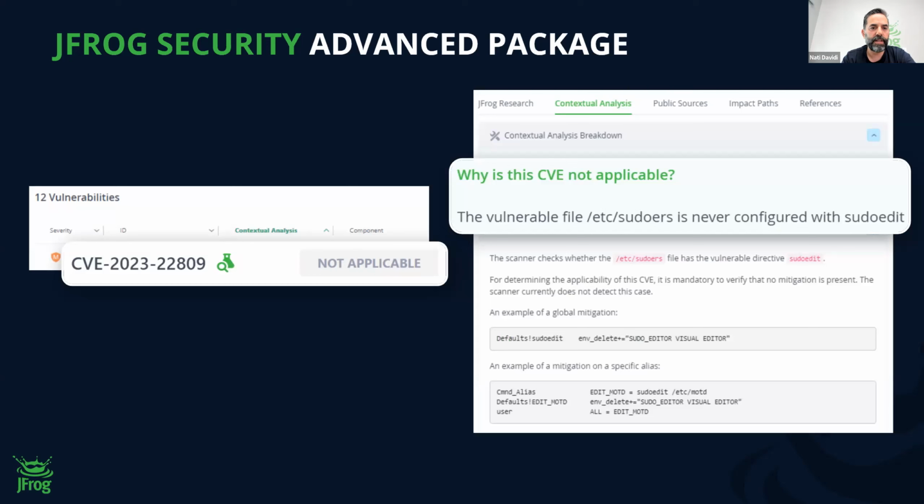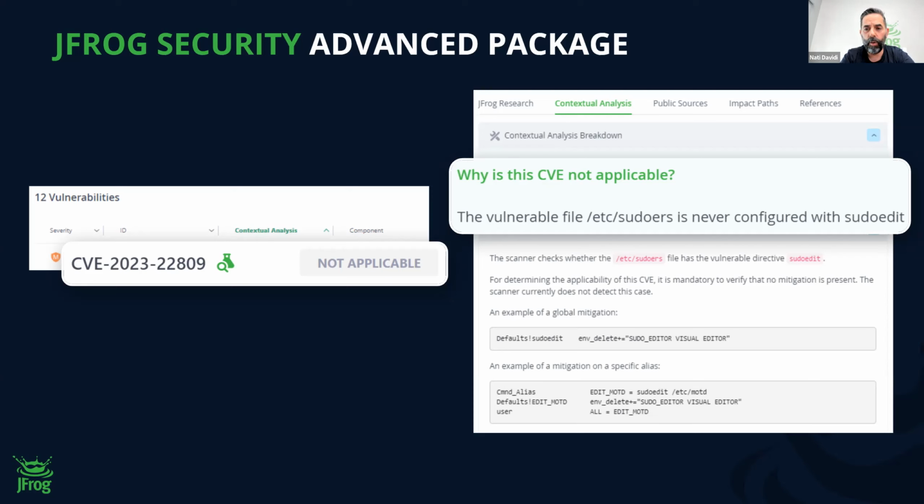In this case, you can see the recent sudo vulnerability that allows accessing data that shouldn't be accessible. You can see that the prerequisite for exploitation of this CVE is that the sudoers file introduces a very specific configuration that is relatively rare. Actually, it's very rare. So rare that we didn't even find one case where in production it was used that way. And only in this way will it be exploitable.